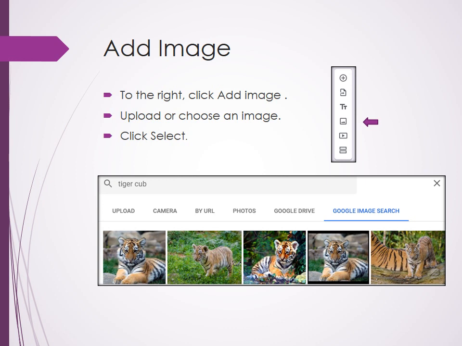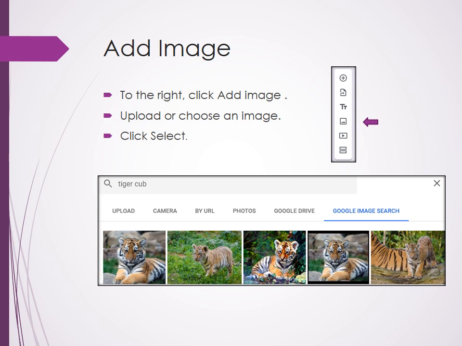You may select the image from the various ways available here. The very first one, you may upload. If you upload, it will be uploaded from your computer. Another is the camera. If there is an integrated webcam available, you may capture a live image. Then URL, which is available with some website or some other web source. Photos is from Picasa, a Google product, one more very nice product. From there also you may select the image.